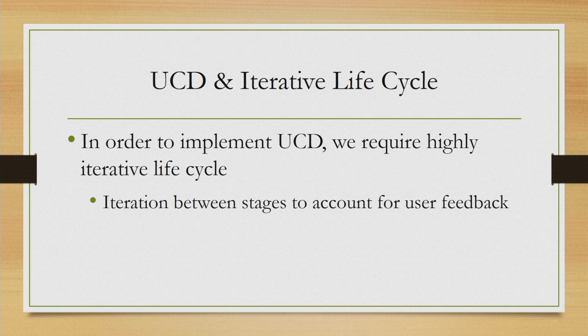So, now let us see how that is possible in the context of waterfall model. In the waterfall model, can we incorporate the user to increase the usability of the end product? Now, in order to implement that user centric process, we require a highly iterative life cycle, because at every step we need to get some feedback, whether what we are doing is making the product usable or not. Now, iteration between stages is required in any life cycle, whichever we choose to implement user centric design process, so that we can get user feedback and make a usable product.